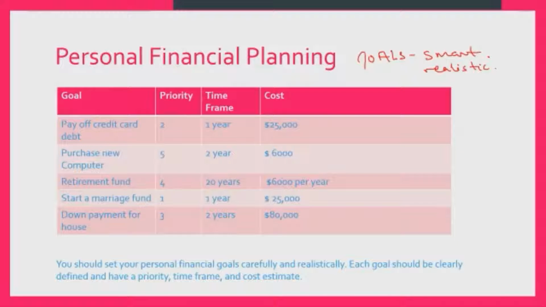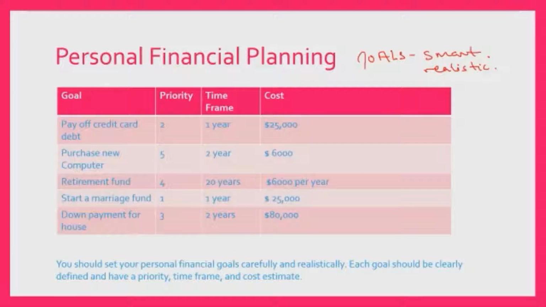So in your financial planning, in this situation, this is a student of mine. I pulled it down from a previous class. The goals set here are to pay off credit card debt, to purchase a computer, set up a retirement fund, start a marriage fund, and create a down payment for a house. Now, her priorities, first on the list is a marriage fund. So maybe she's having a COVID wedding 1 year from then, and the amount that she needs to put aside for that wedding was $25,000. Her second priority was to pay off that credit card debt of $25,000,